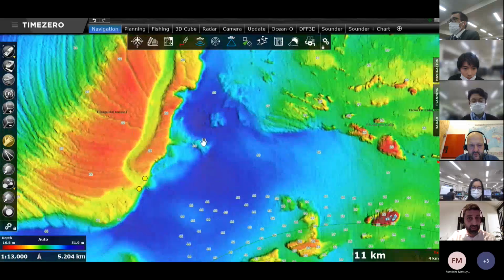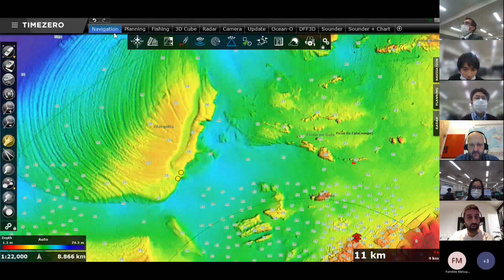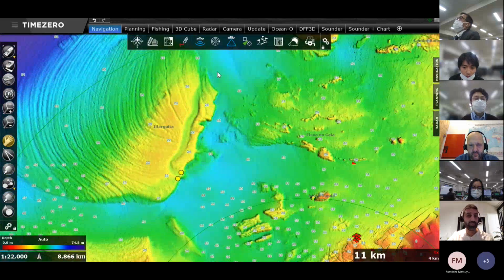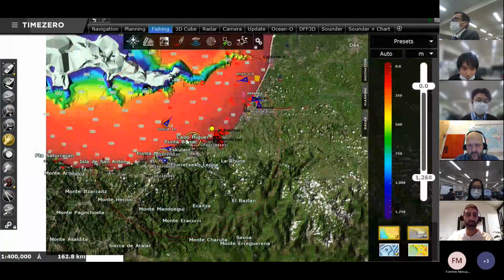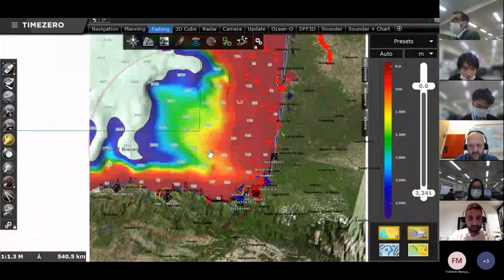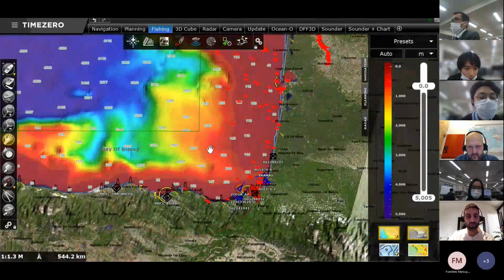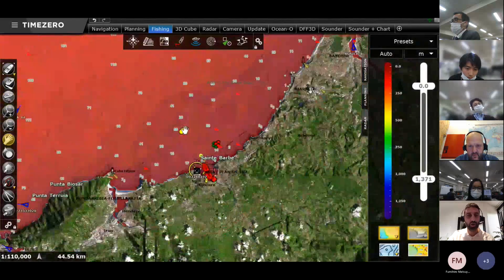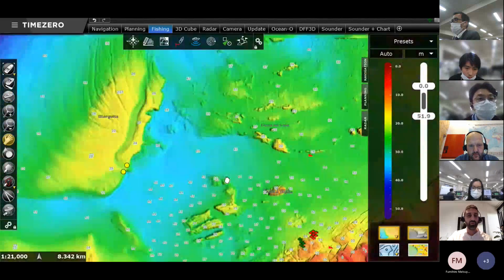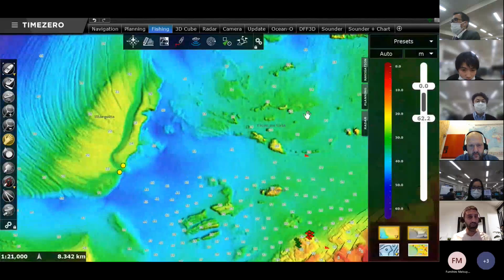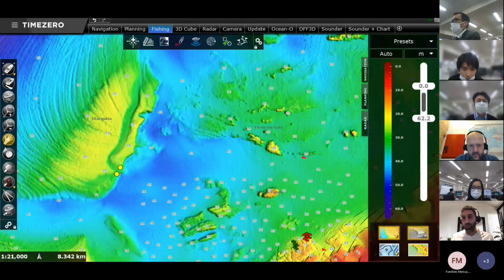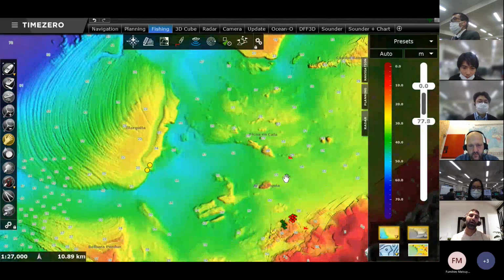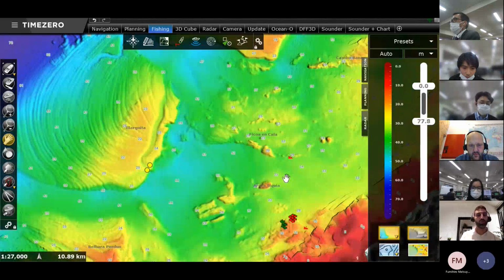Here I'm in the navigation workspace, you remember the concept of workspaces, and we have actually created a specific workspace dedicated to this PBG. And this workspace will allow you to work on your PBG database very easily. So in the fishing workspace, you can see that I have several icons, several buttons here on the right side, and these will allow me to set the parameters of my database the way I would like to see it.